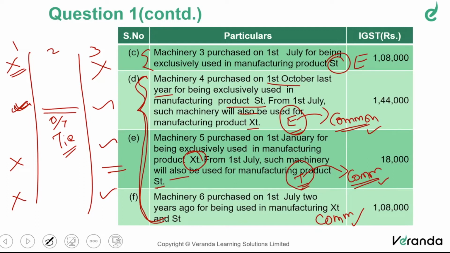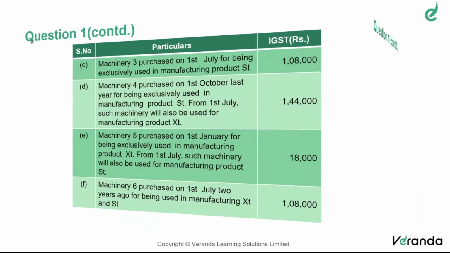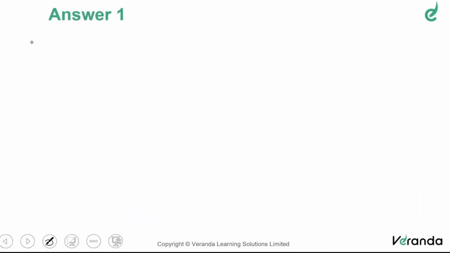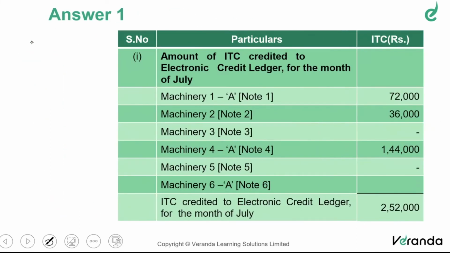Very simple. So 3 steps are involved. So first step, let's do that one very quickly. How much ITC to be availed? It is on machinery number 1, 2, and 4. Let's see that. Are you keeping in mind the numbers, or should I go back to the question and tell you the numbers? No, it's okay. 1, 2, and 4. Correct? So total ITC availed. Step number 1 is over.